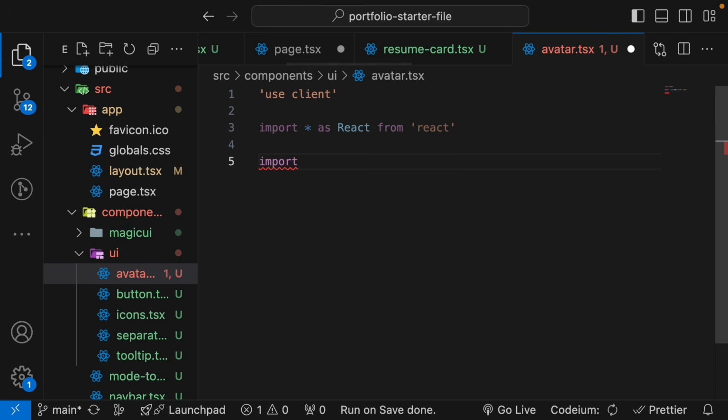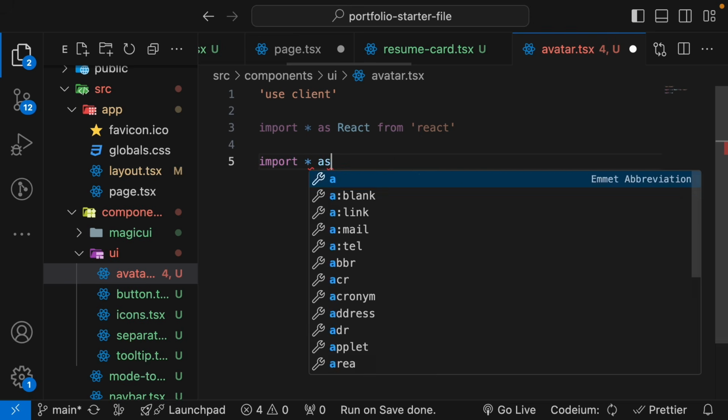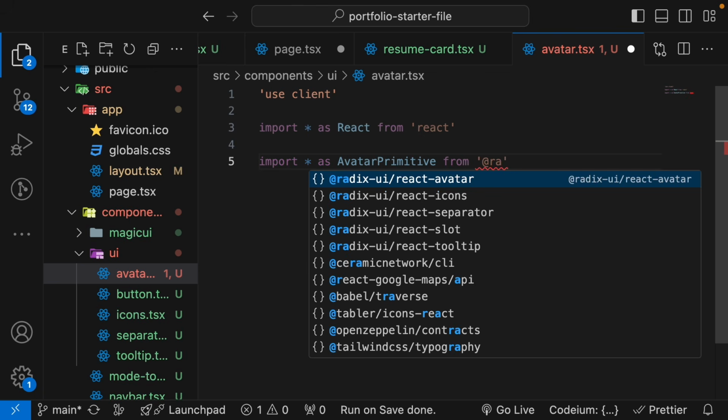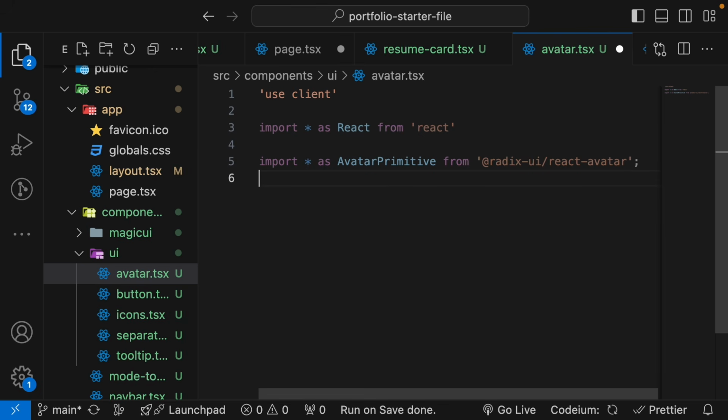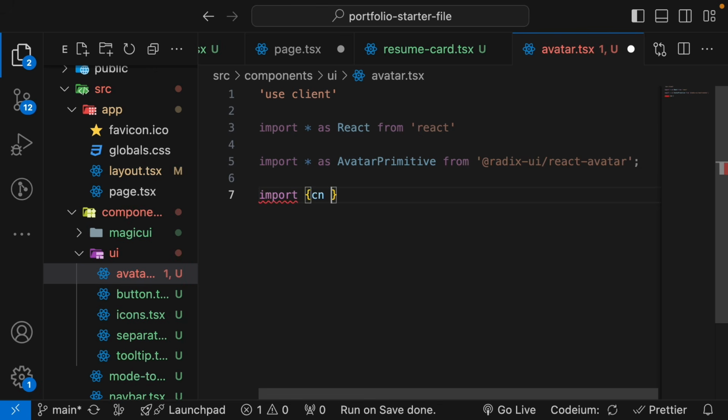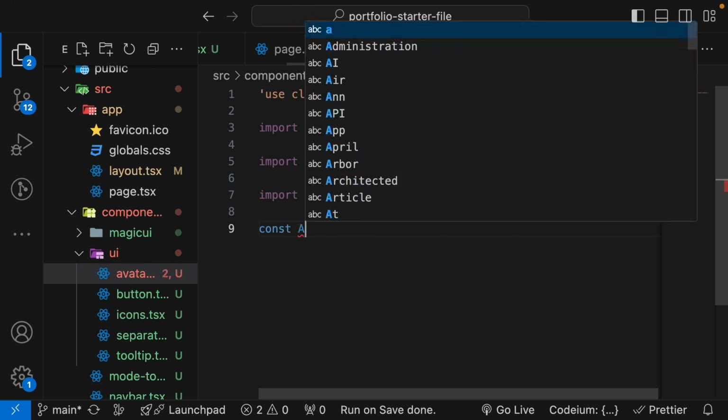Then we import everything as AvatarPrimitive from Radix Avatar. Then we import cn from lib-utils and create a constant for the avatar,